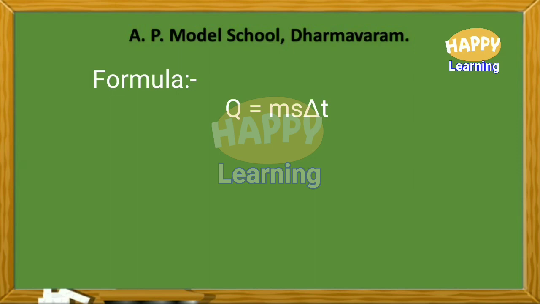The formula is Q is equal to M S delta T. Substituting the values, in place of M 250, in place of S 0.1, in place of delta T 45, then on simplification we get